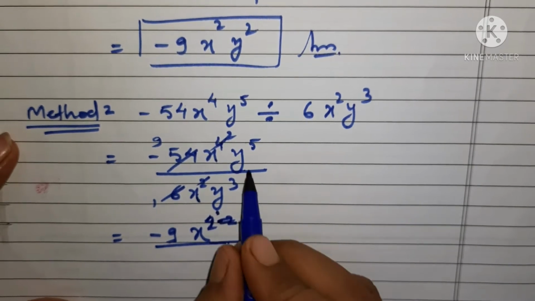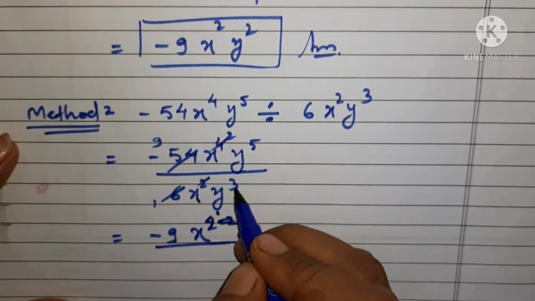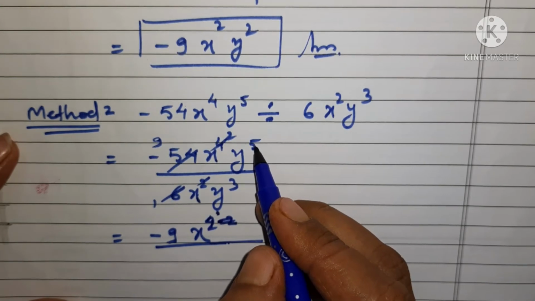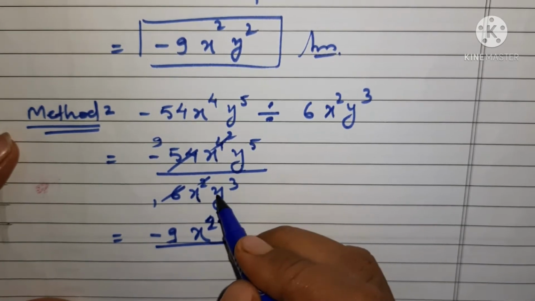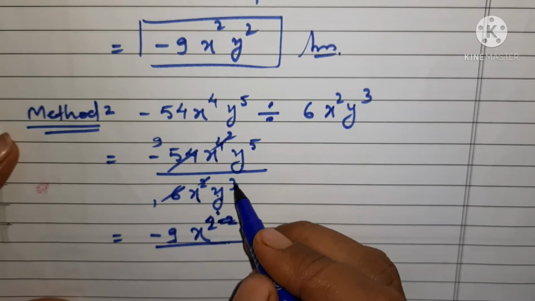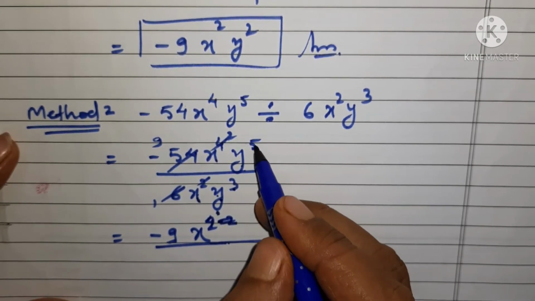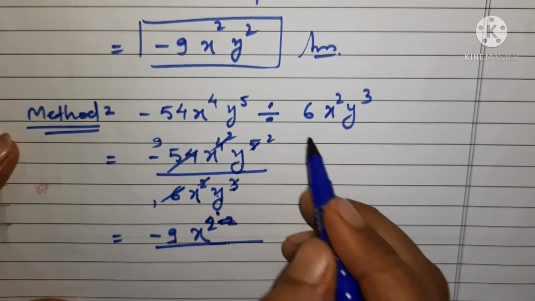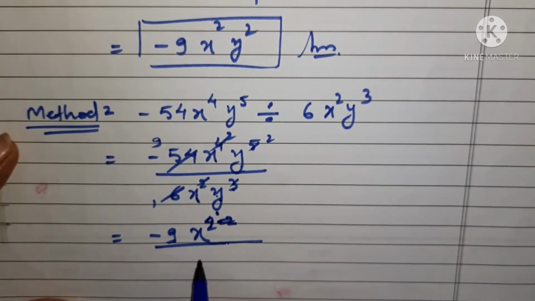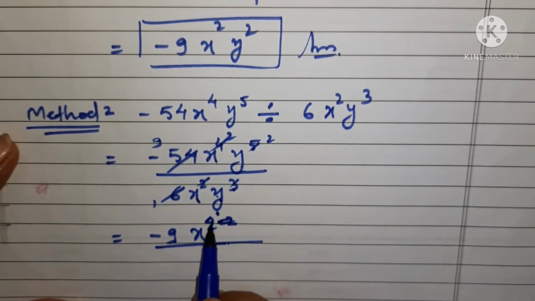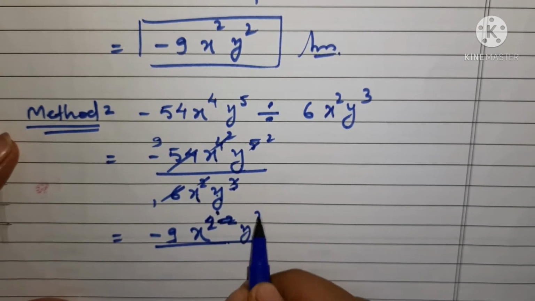And in this case here you are getting what, here you are having 3 and here the power is having 5. Okay, यहाँ पे y जब सेम हमें मिल गया तो हम पावर्स को चेक करेंगे. अब यहाँ पे 3y है और यहाँ पर कितने हैं, 5. तो 5 में से 3 निकल गए तो कितने बचते हैं हमारे पास, 2, right? So here you will get how much, this is x² and this is y², 2.